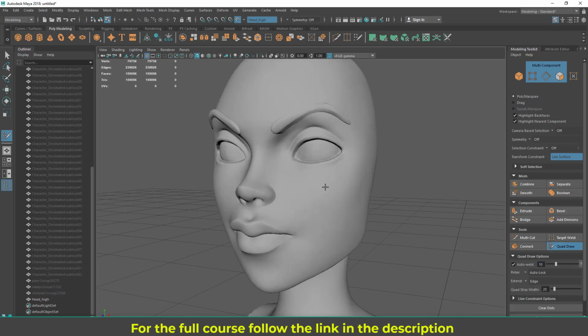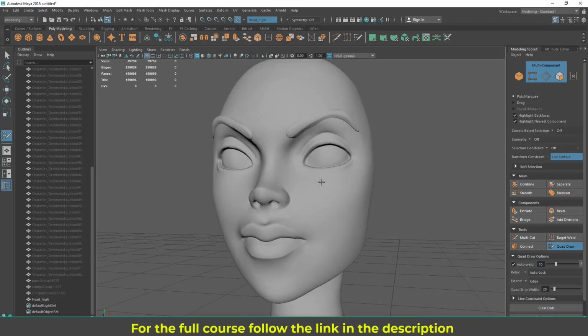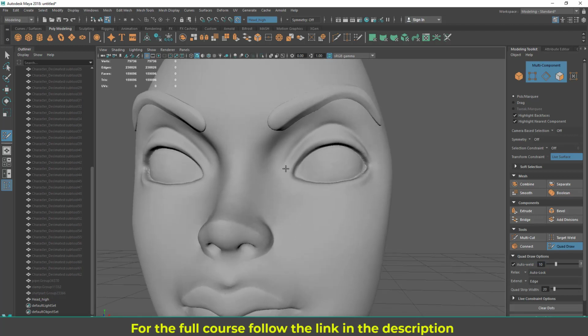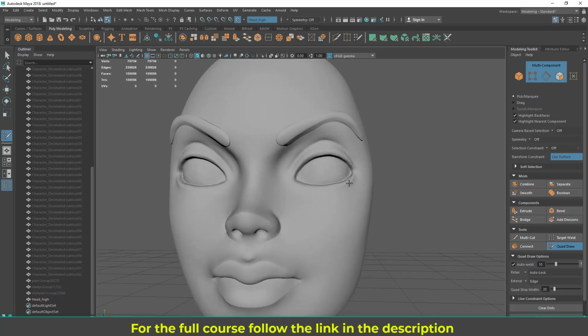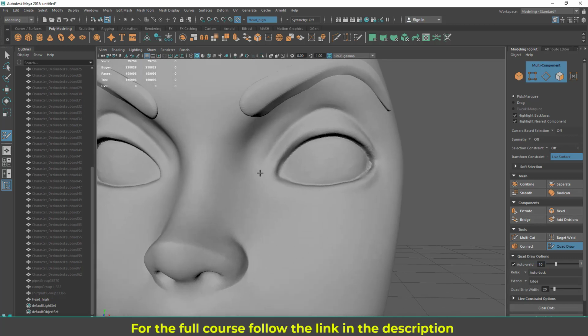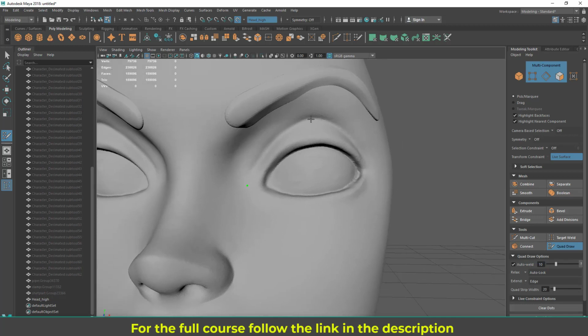So this is the Quadro. Let's first see how it's going to work. So I'm going to create the eye surrounding loop first, and we are going to create 8 divisions round circle. So I'm going to start from here. Let's start. So with Quadro, I'm going to click here with this corner of the eye,